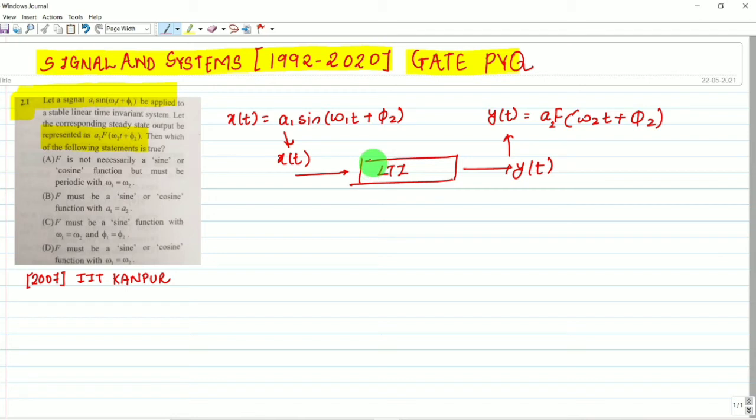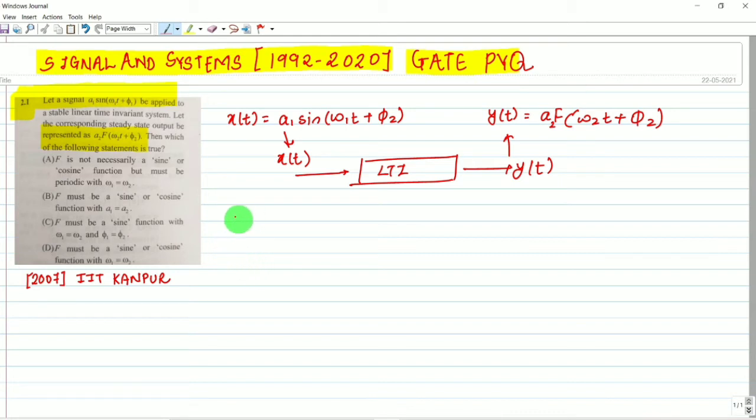This question can be solved by two methods. The first method is to apply the conditions for an LTI system. What is the condition for an LTI system? It must follow linearity as well as time invariance. What is the condition for linearity? It must follow the principle of superposition. What is the principle of superposition? It must follow the law of additivity as well as the law of homogeneity, and the time invariance condition must also hold. Both conditions must be applied simultaneously in this method. I am going to solve by the easy method.